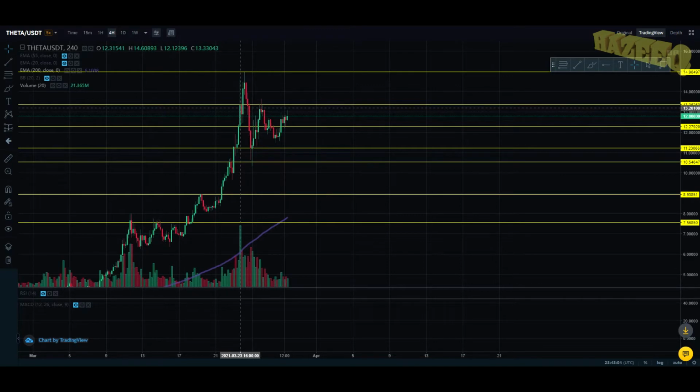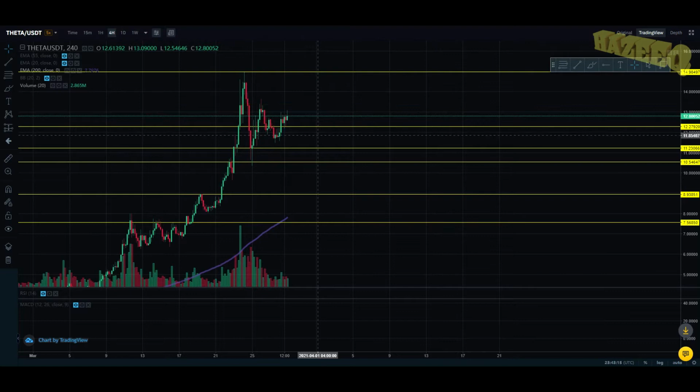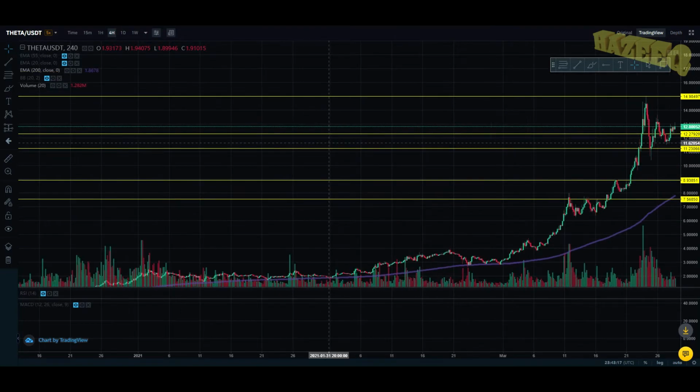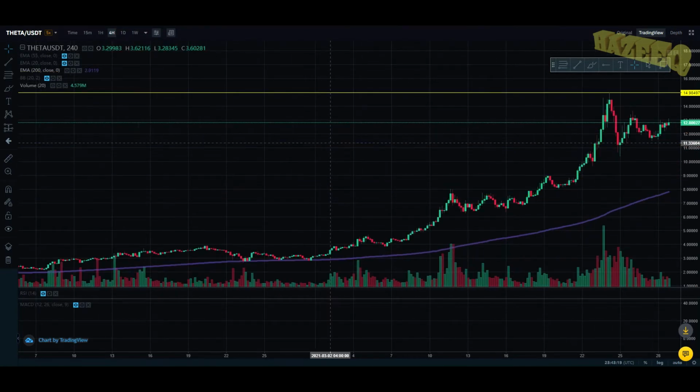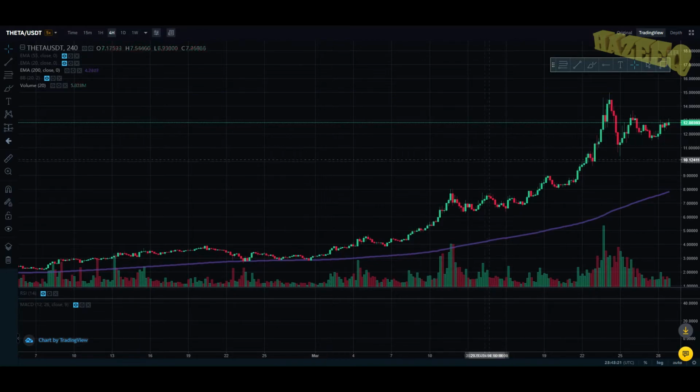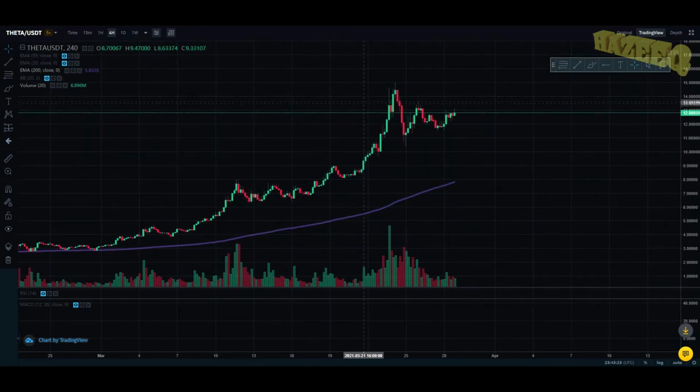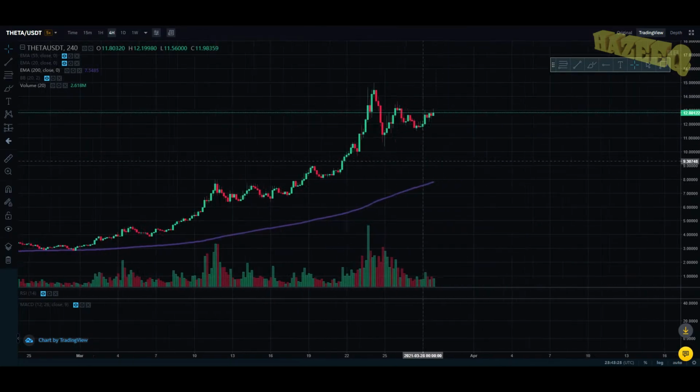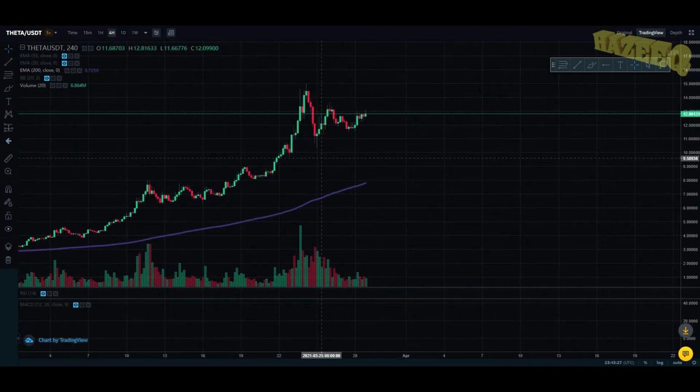We have these couple of candles ending up on this price here. So that's our next resistance at $13.36. So that is how you draw resistance and support lines, guys. So we're gonna remove them right now. So yeah, that is basically how it works, and that's how you draw your support and resistance